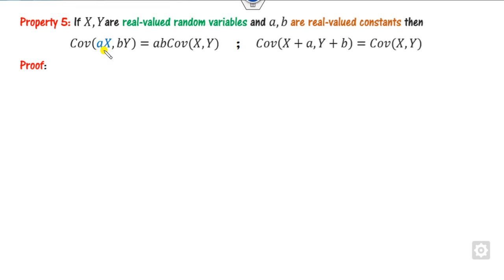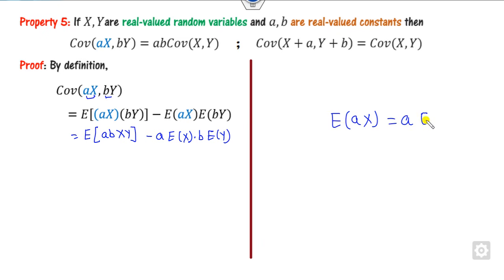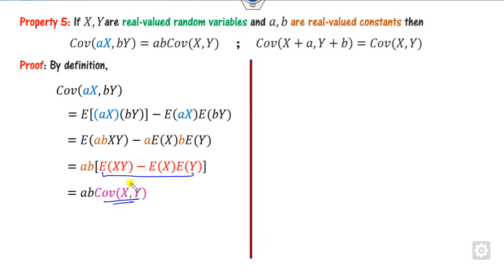Again, there is a change in the origin and a change in the scale. That's again very simple. Consider this is x, this is y. What is that? This is nothing but my Cov(aX, bY). Here a is common, and b is outside. Why? Because we all know that the expected value of aX is a times the expected value of X, provided a is a real number. So we can open this, and you can see ab is common, which is nothing but my covariance here.